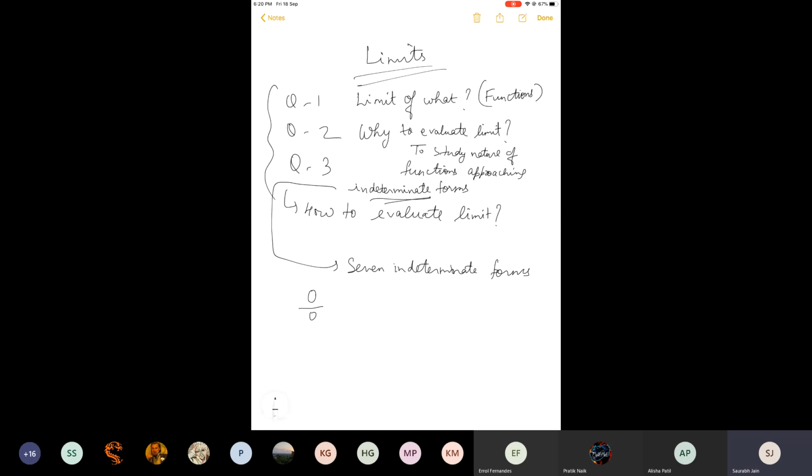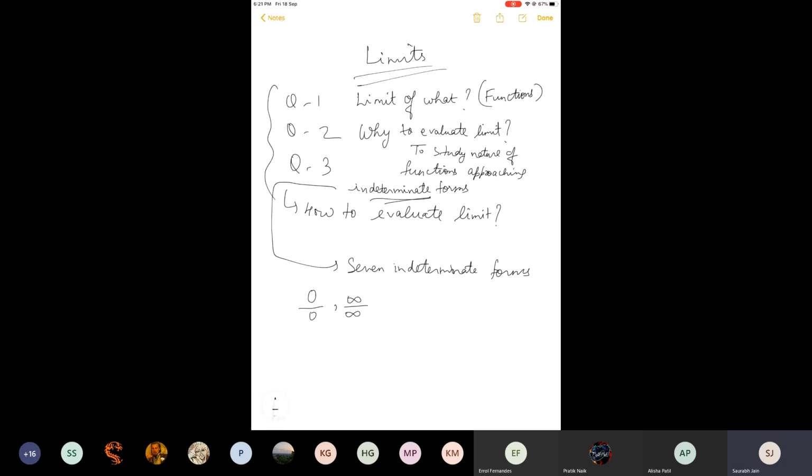It is not infinity. You will not say we are dividing by 0, so it will be infinity. It is not 1. It is neither 0. Because some of you may argue that if it is 0 in the numerator, the answer should be 0. Some of you will say that it is 0 in the denominator, so the answer should be infinity. And some of us may argue that both are same, so we can cancel and the answer is 1. Actually, the answer is none, indeterminate. Something which cannot be determined.